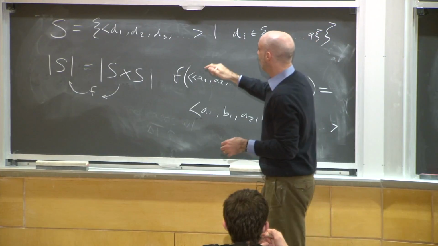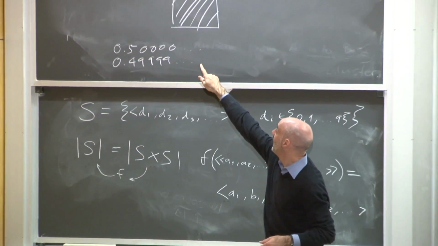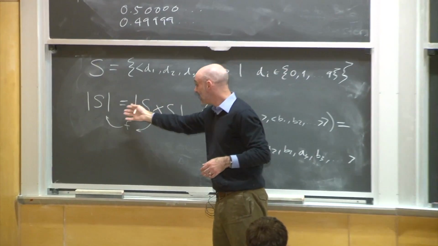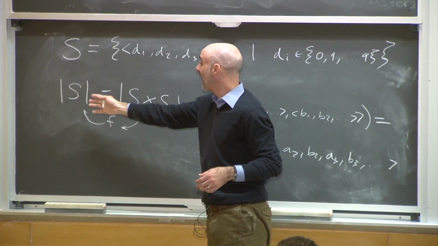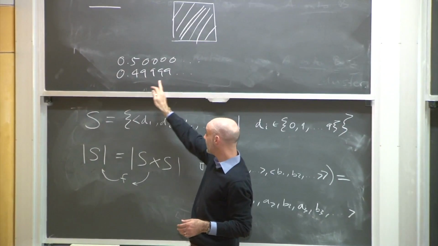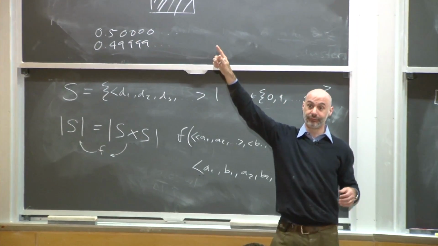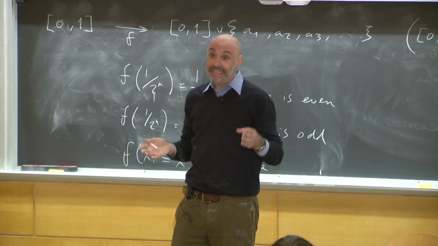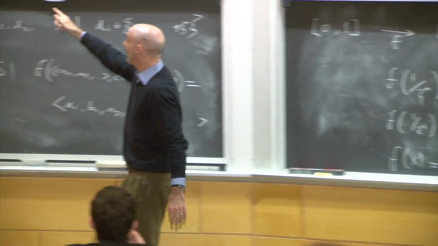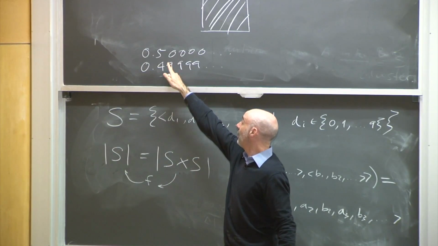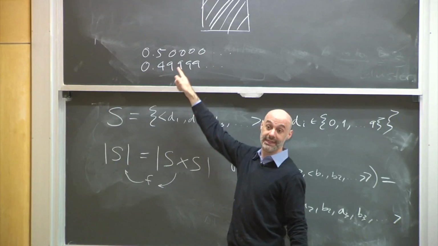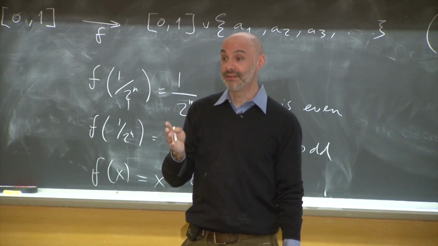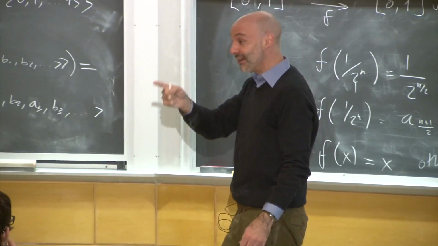We get a problem because S and S cross S aren't really [0,1] and [0,1] cross [0,1]. You have some extra things in here because you have two different sequences, for example that sequence and that sequence, that correspond to the same point up there. But that is not something we need to worry about, because the only case in which that can happen is the case in which we have some number which has a decimal expansion ending in zeros or ending in nines. All of those numbers are rational numbers. And we proved last time that there are as many rational numbers as natural numbers. So that means that our set of problem cases is just a countable set,